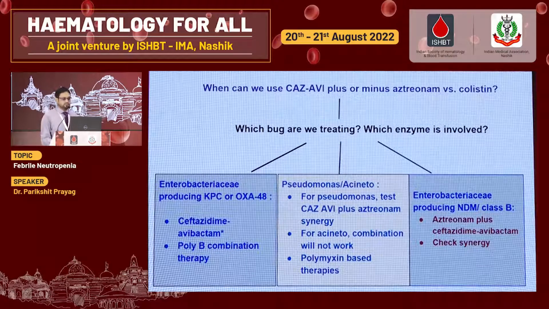So for example, this patient now is also producing an NDM. What do we know? That NDM cannot be destroyed by any of the beta-lactamase inhibitors. So once I have NDM, that is the time to also include aztreonam as a part of the regimen. Or if I have a pure KPC or OXA48, my approach is different. Again, the point here is not to go through the gram-negative algorithm, but the point here is that we have